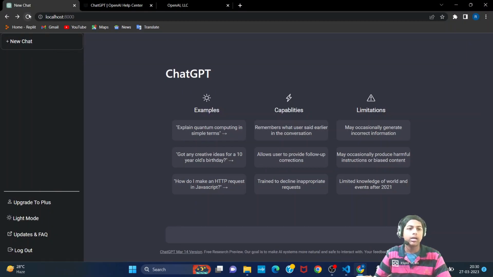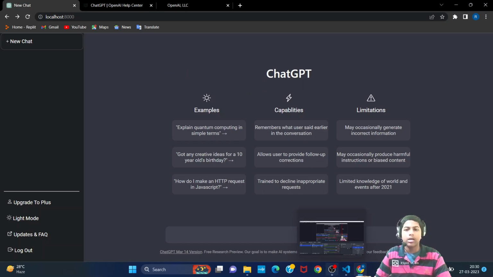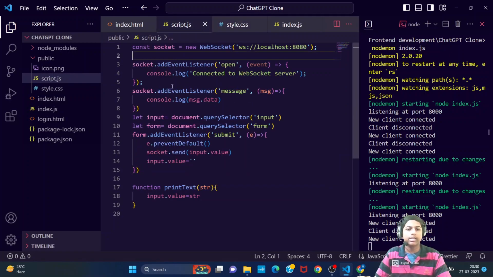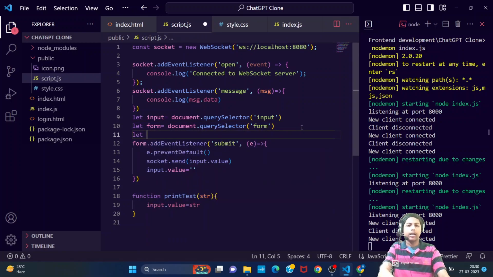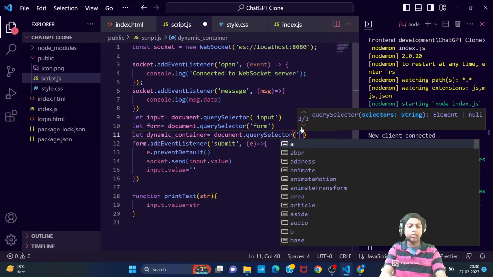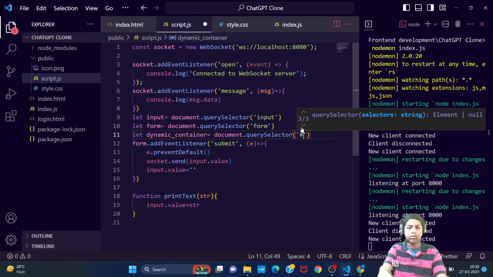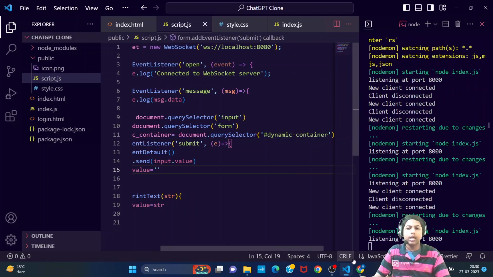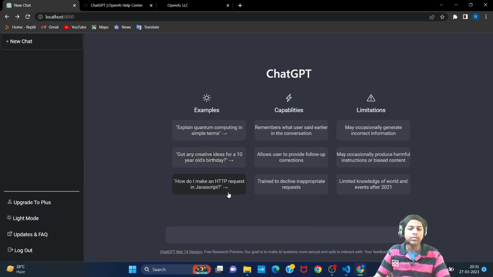Now if I go back and reload it, you can see it is good now. Now the next thing is we are going to take this here. So let's take this by using let dynamic_container is equal to document.querySelector, and we are going to use this hashtag in the query selector, and then we are going to write dynamic container. Save this. Now if I go back here and reload, then you can see